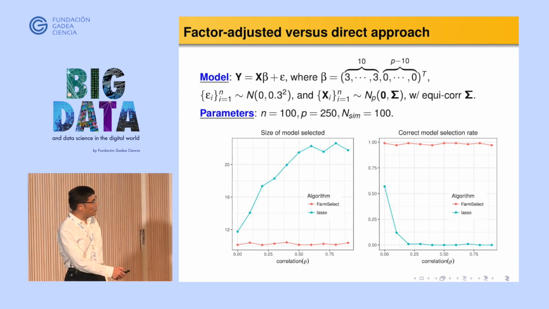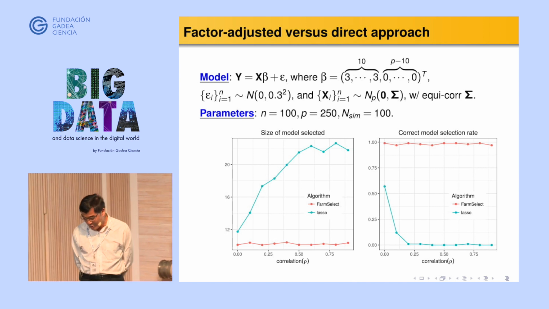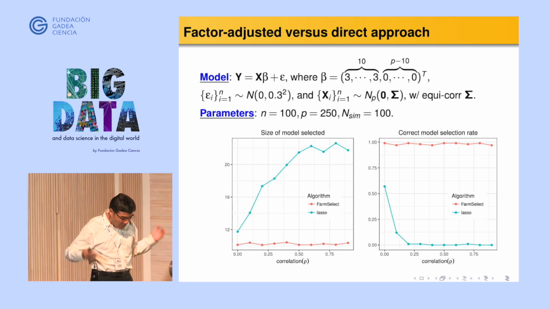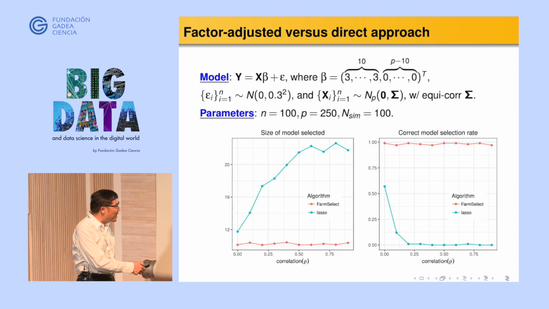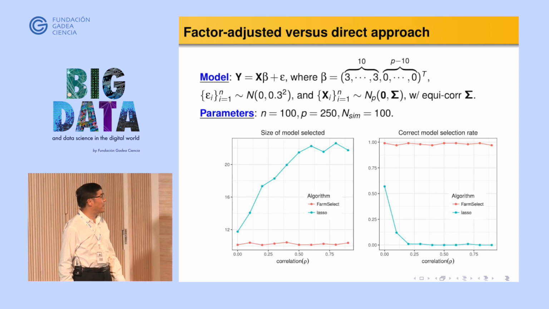And here, I would just like to note that the beta you want in this sparse linear regression is the same beta you want in this lifted or factor-adjusted model regression, right? So by just running lasso, adding one more dimension or a few more dimensions, you are really estimating the beta that you want. So it's a very cheap way of doing that, right?